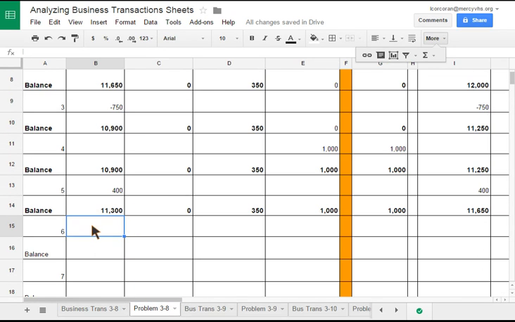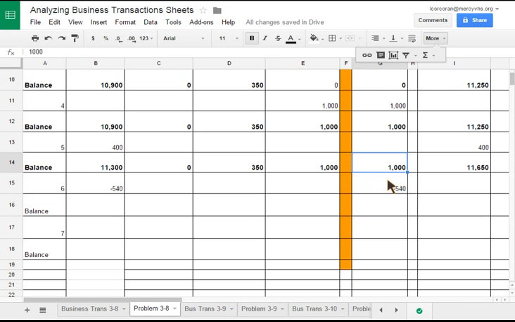So I paid $540, and I'm paying my original balance down from that loan or the credit that I had purchased on. So I now paid $540 of that original $1,000 debt that I had owed to whichever company I borrowed that money from. So my cash now decreases, and I am down to